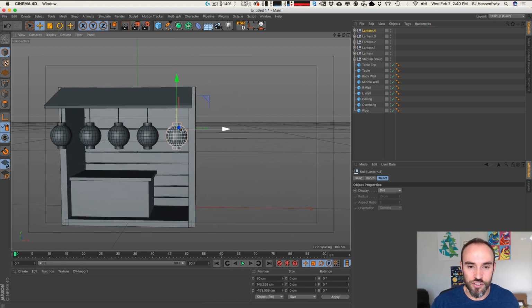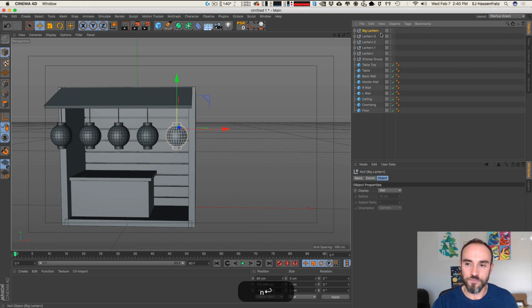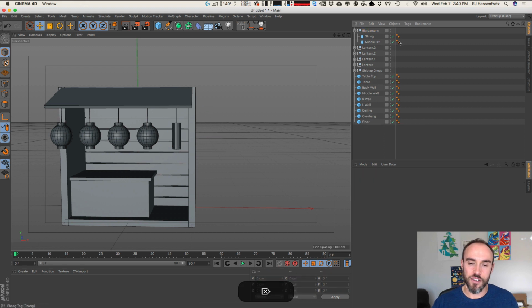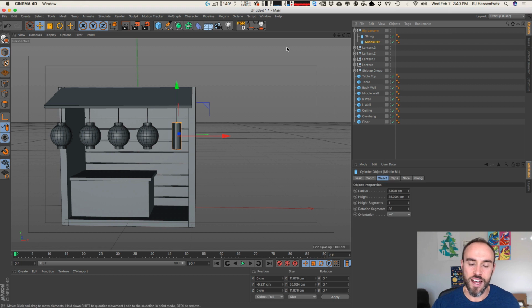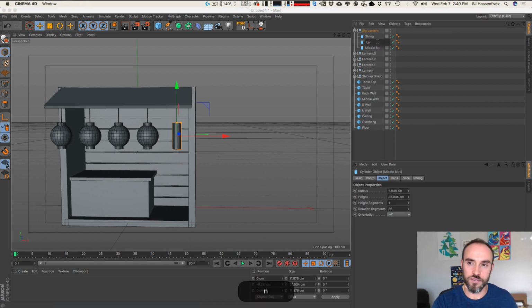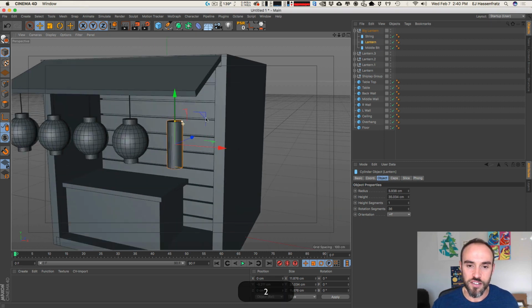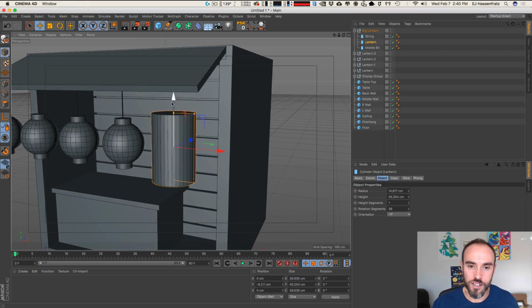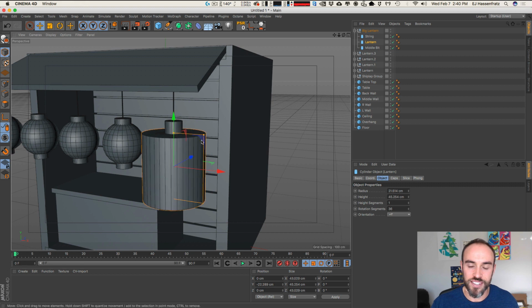For this one lantern over here, I actually want this to be a Big Daddy lantern, okay? So a little bit bigger, different style of lantern. So I'm just gonna rename this Big Lantern. And then for this one, I'm gonna actually delete the sphere, because this is gonna be more of like the long cylindrical kind of lanterns. And for that, I'm just gonna duplicate this middle bit, rename it Lantern, and then I can just adjust these little handles here,